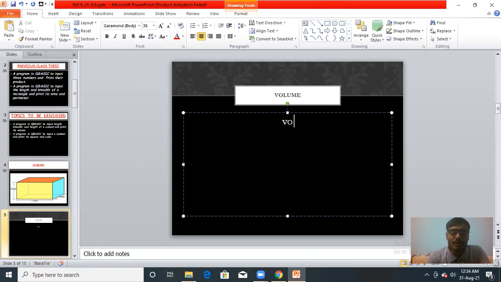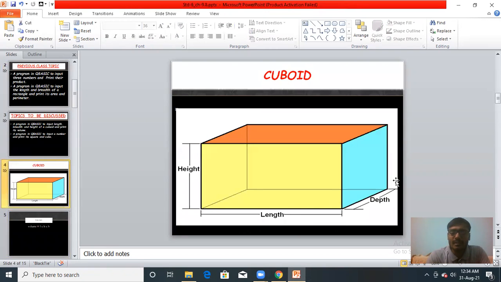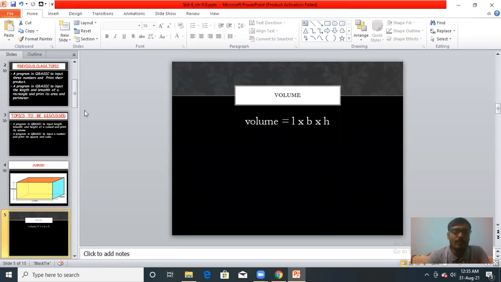Volume of a cuboid equals length multiplied by breadth multiplied by its height. Understood? When you multiply length into breadth into height, it will find its volume. So you have to use this formula in your program. So let us see.